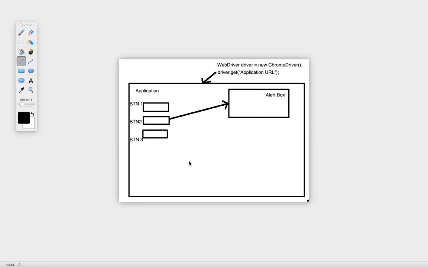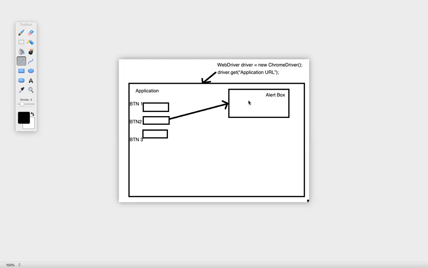You cannot click, because your focus is on BTN2, and after that, it has launched an alert box. So as I said, if you are entering a house, this is your house and you have to enter it. But before you enter the house, there is a blocker. So first you have to handle that particular blocker, and only then you can proceed.